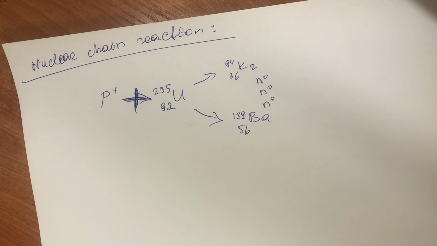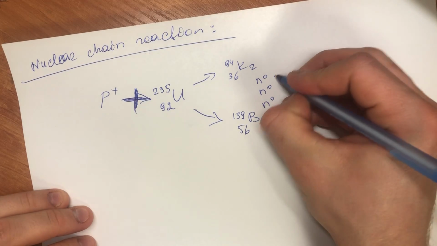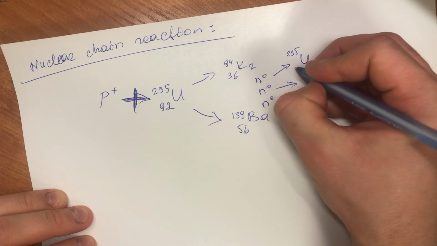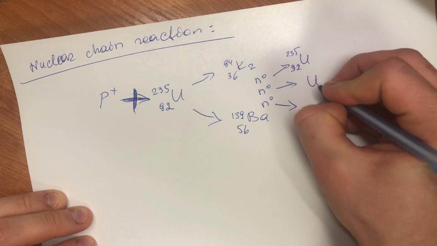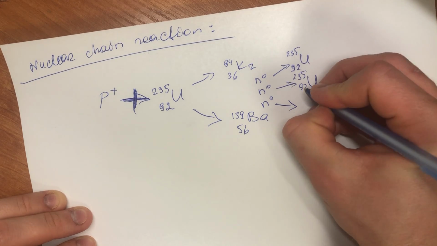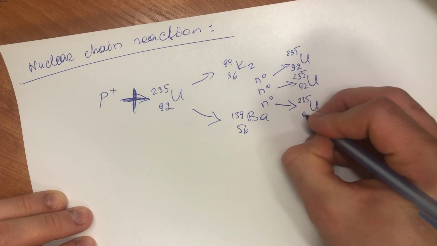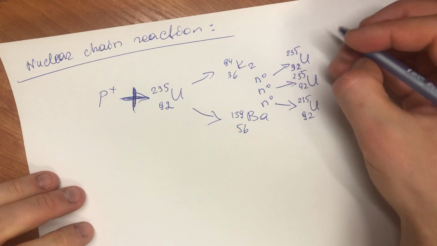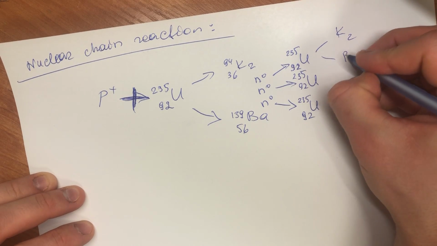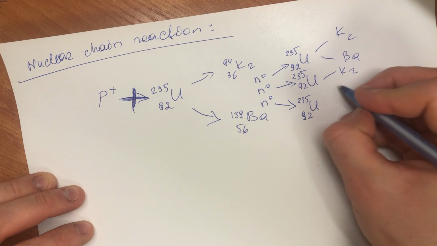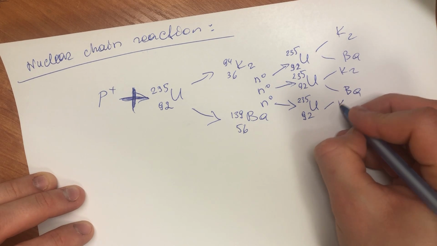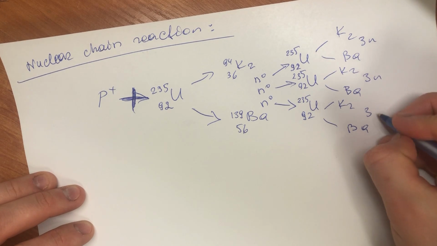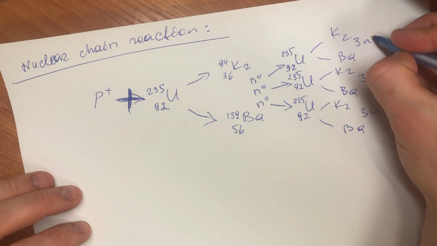And these 3 neutrons hit another uranium-235, 235 92. They hit another uranium, and what happens again? We get krypton, we get barium, and here we have 3 neutrons, here 3 neutrons, here 3 neutrons, and these neutrons